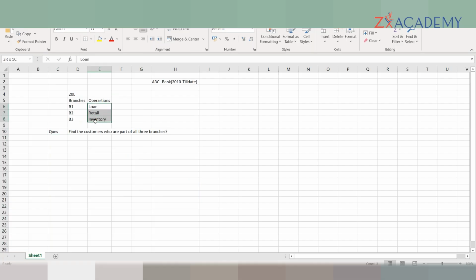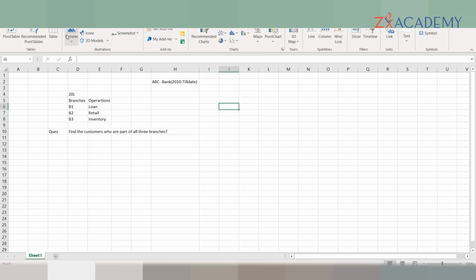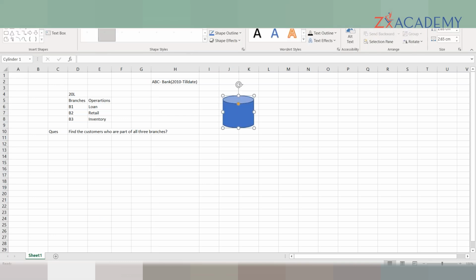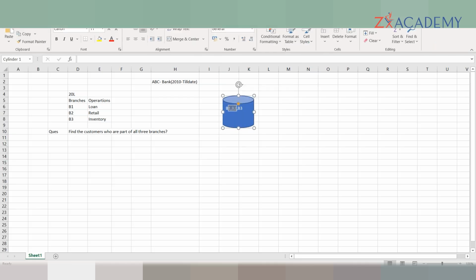You will be answering when you collect the data from 3 branches and put it in one centralized place. So first you need to collect the data from all these places and put it in one centralized place. Then you will look into that. When you aggregate the data from branch 1, branch 2, and branch 3, you will be able to find all the customers. So this storage is called a